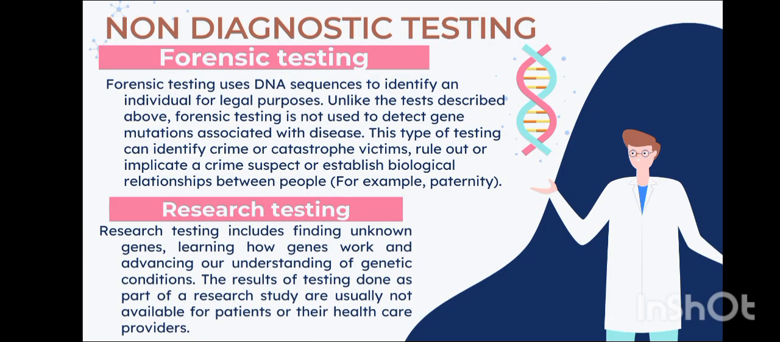So next is non-diagnostic testing. First is forensic testing. Forensic testing uses DNA sequence to identify an individual for legal purposes. Unlike the tests described above, forensic testing is not used to detect gene mutations associated with disease. This type of testing identifies a crime or catastrophe victim, rules out or implicates a crime suspect, or establishes a biological relationship